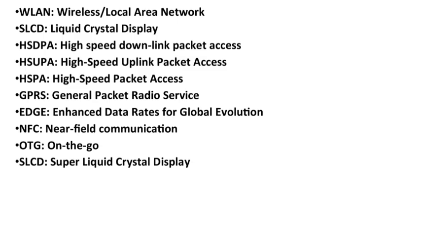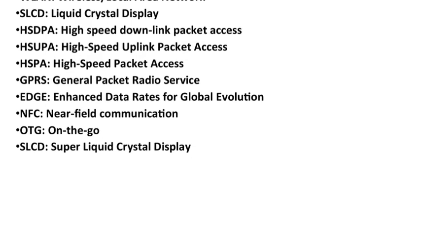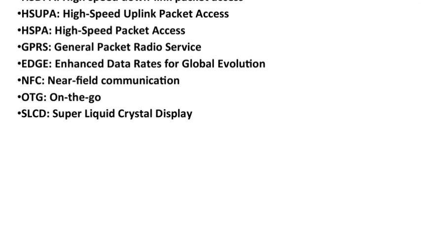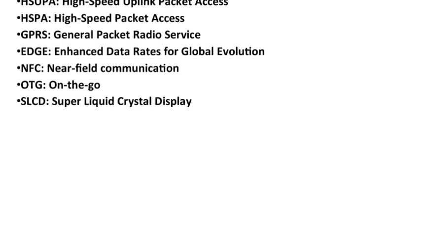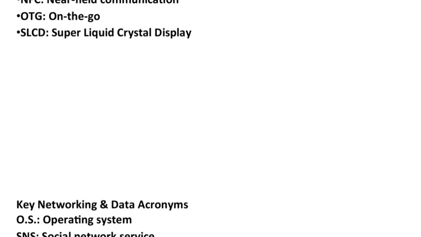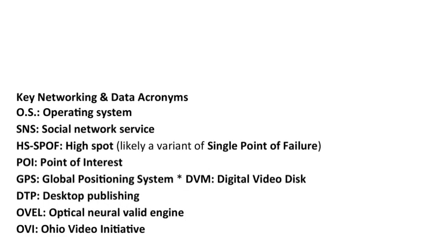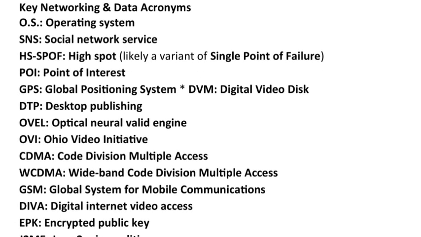Area Network. SLCD, Liquid Crystal Displays. HSDPA, High-Speed Downlink Packet Access. HSUPA, High-Speed Uplink Packet Access. HSPA, High-Speed Packet Access. GPRS, General Packet Radio Service. EDGE, Enhanced Data Rates for Global Evolution. NFC, Near-Field Communication. OTG, On-the-Go. SLCD, Super Liquid Crystal Display. Key Networking and Data Acronyms. OS, Operating System. SNS, Social Network Service. HSSPOF, High Spot, likely a variant